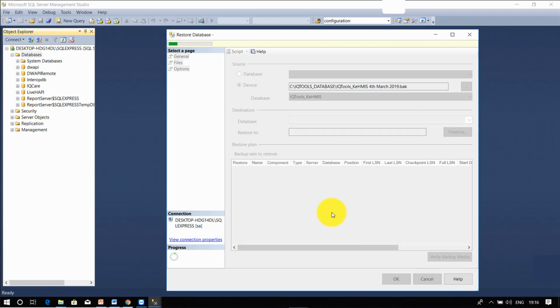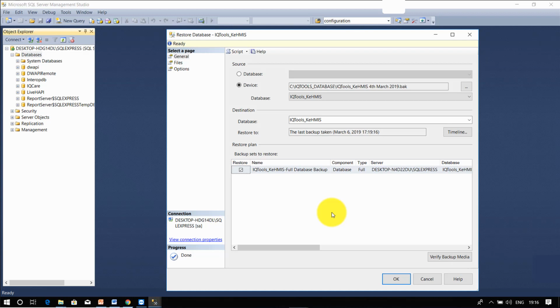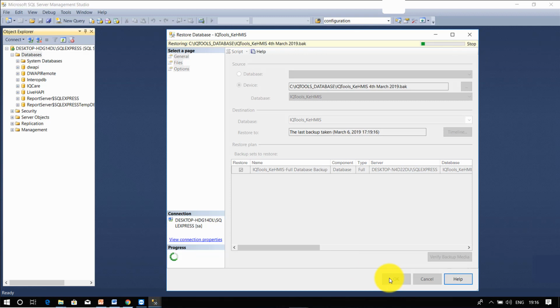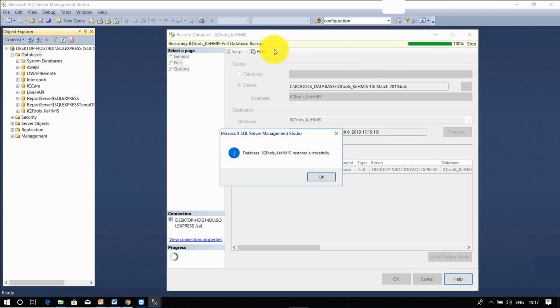Once it's completed, you will get a tick telling you that it has restored the database. Click OK. Immediately it's done, you will get feedback that the database IQ Tools Kenya HMIS was restored successfully.